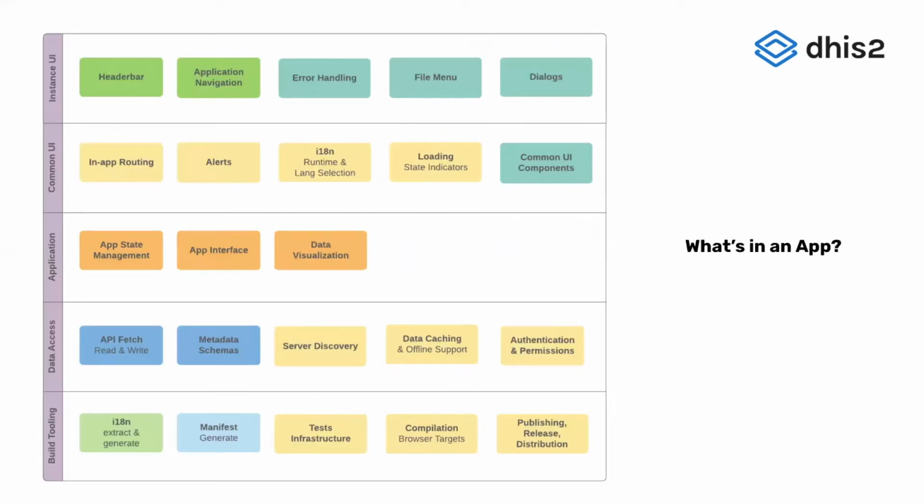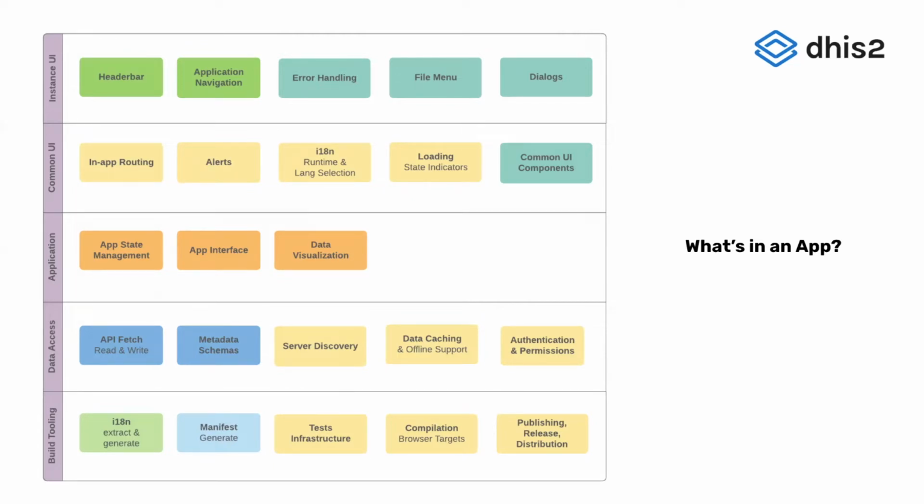There's a lot of different things that are involved in making a DHIS2 application functional, robust, performant, and generic, so that it can be used across a lot of different instances and different use cases. These are a few of them, but there are more certainly. But most of the things in this diagram here are common to all applications on DHIS2